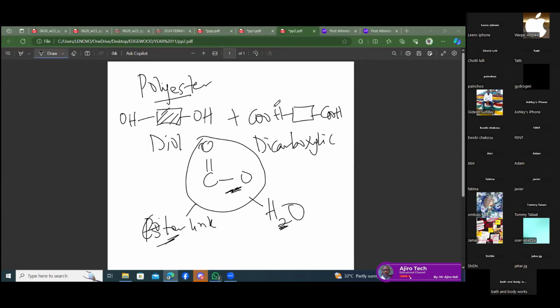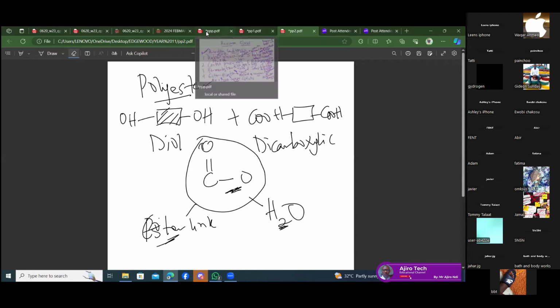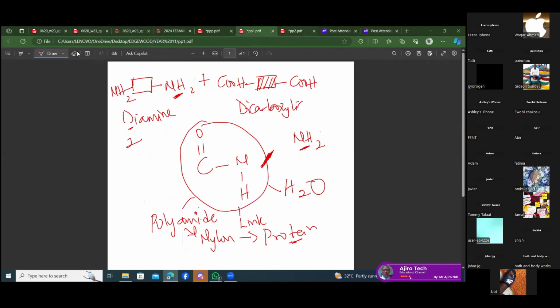Someone asks about precipitation reactions. It says, for a precipitation reaction, is it always made up of soluble reactants? Yes. A precipitation reaction is used to produce insoluble salts. For you to produce insoluble salts, you need two soluble salts. I have a very simple way of learning the soluble salts, so I'm just going to share that immediately. If you want to learn the soluble salts, let me go to another page. There is an acronym for soluble salts,